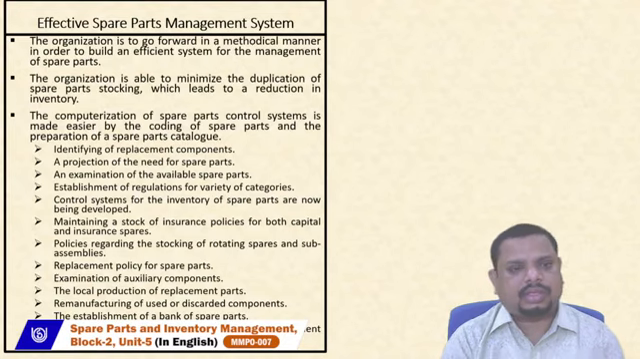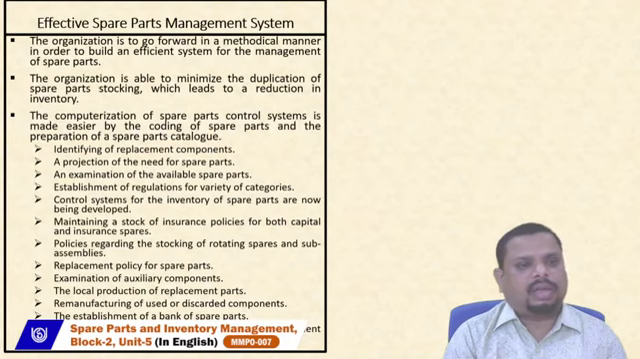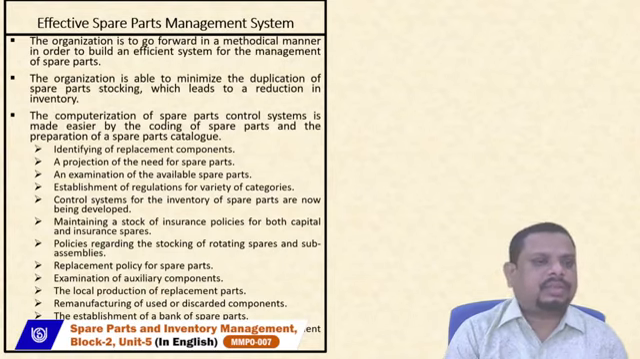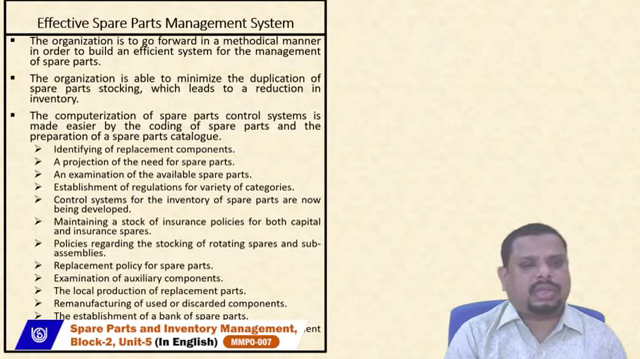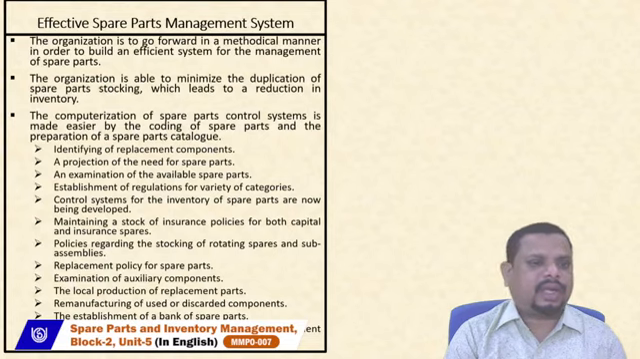In most cases, the organization goes forward in methodical manners in order to build an effective system for the management of spare parts, and we'll understand how they have established these methodical manners to build up efficient systems. The next is that the organization is able to minimize the duplication of spare parts stocks, which leads to a reduction in inventories. So, for example, in the case of small scale industries, they can easily identify this through